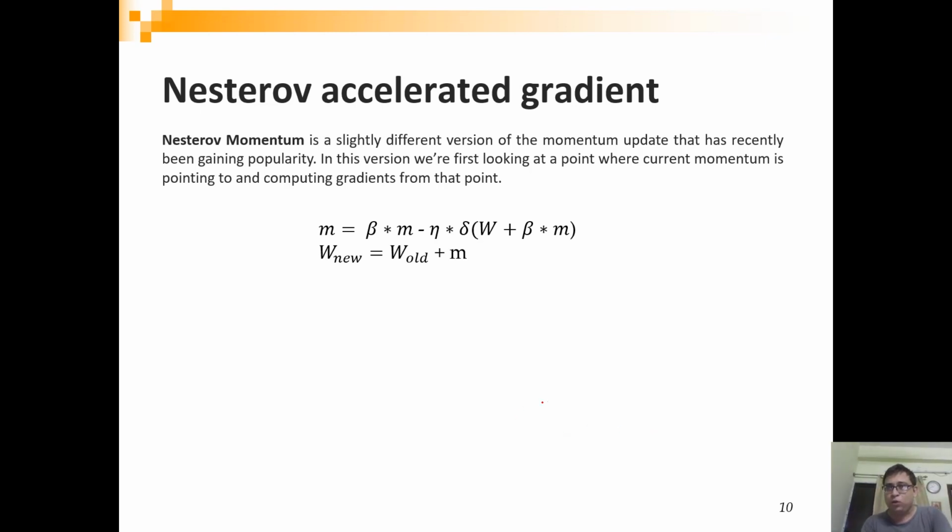Let's quickly go to the equation. Earlier, we were calculating the gradient of W. Here, instead, we are applying this momentum term already, and then calculating the gradient over here. The concept is simple: maybe you are here and you are using the gradient of this place. However, if you calculate the gradient of here, maybe this will give you a much more definite direction to the optimal value. So that is the idea.